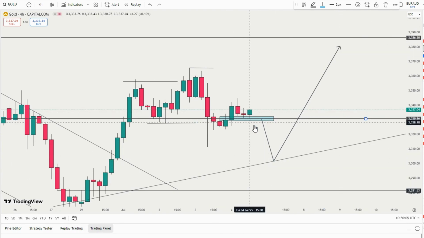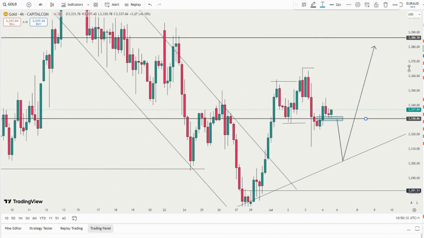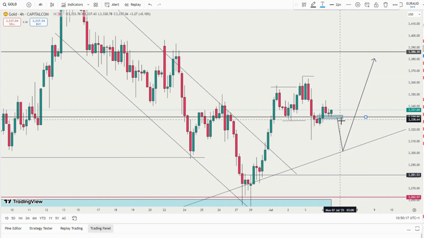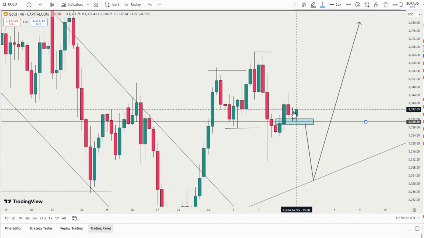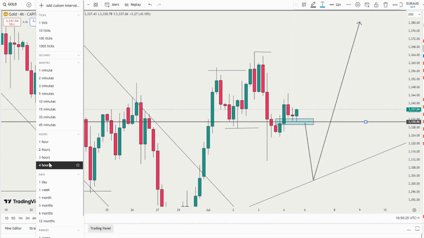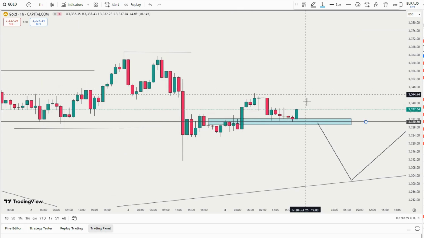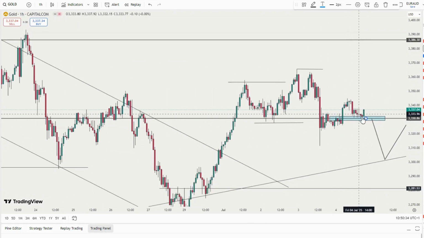But for now, I'm seeing a buy bias around this area, back to 3,386. So that's what I'm looking at next week on gold. These are the two levels I'm looking at, and on any entry I see on Monday, I will enter at market price. If you get above the 3,330 level, I would like to enter at market price above this level.